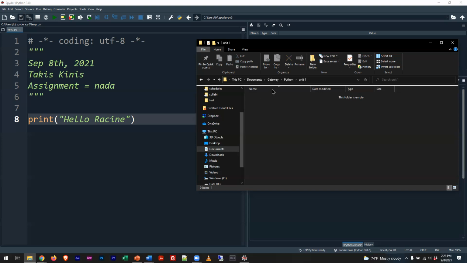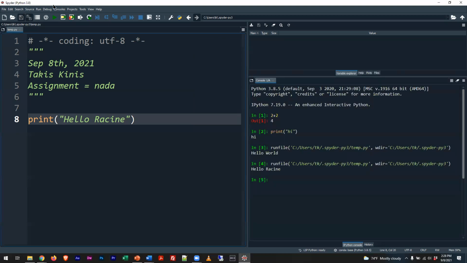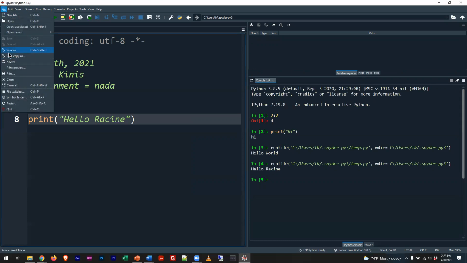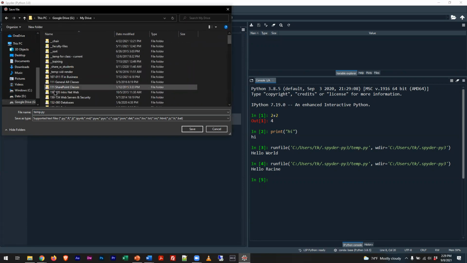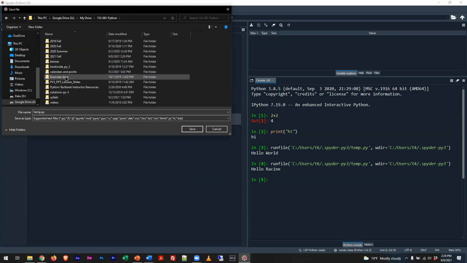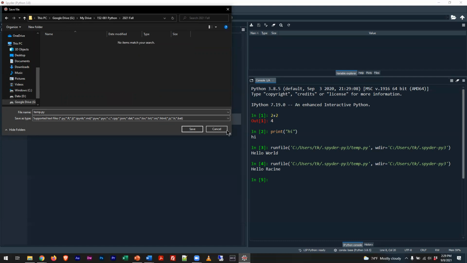Now, since I'm working on Unit X right now, I'm going to save my stuff here, but I'm going to do that from the program itself. So I'm just going to come up here, and I can either use the Save icon that's in the toolbar inside of Spyder, or I can go to the File menu and choose Save, and then find that location. So I'm going to go to where I have my Python folder. Will be different for you. And then my semester folder, and I'm just going to drop it in here, and I'm just going to call it Hello